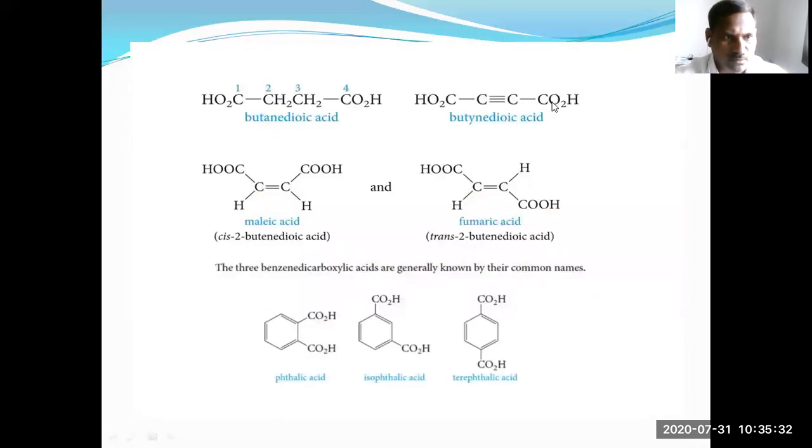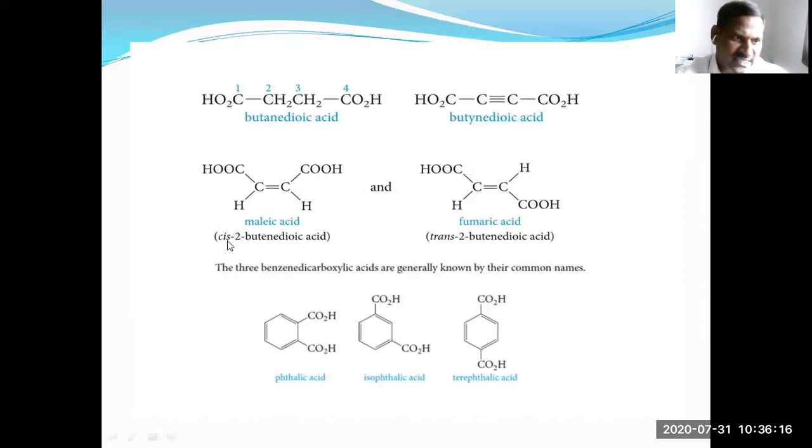So some more carboxylic acids are there. You can give the name like this. This is the COOH group. We can start numbering from this carbon. So 1, 2, 3, 4 carbons. The fourth carbon has a COOH group. The first carbon has a COOH group. So total 4 carbons, butane dioic acid. This is butane with dicarboxylic acid. So that's why butane dioic acid.